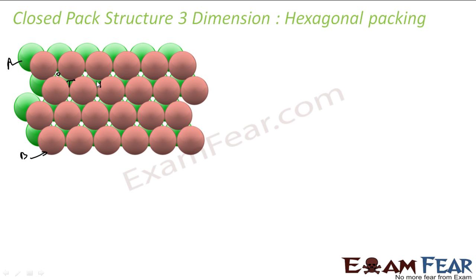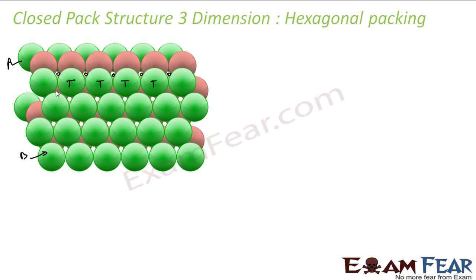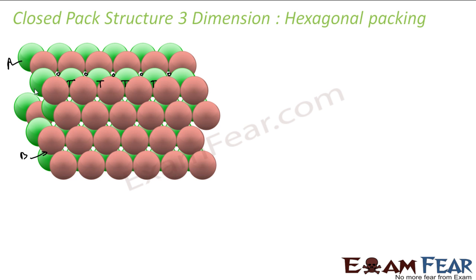There are so many tetrahedral voids in the green. These are my octahedral voids. So I have 2 possibilities, correct? If I want to fill the tetrahedral void, then it's pretty easy. I can just use the A layer. The moment I put the A layer, I'll get AB packing, and the tetrahedral void will be filled, correct? So in this case, if I put again the A layer, all the tetrahedral void is filled. You see, it's exactly the same. And again I can put the B layer. This is AB kind of packing,